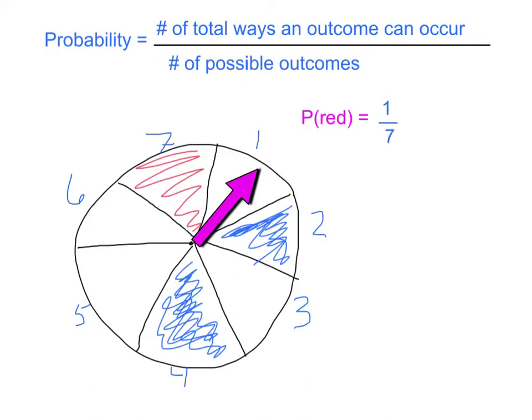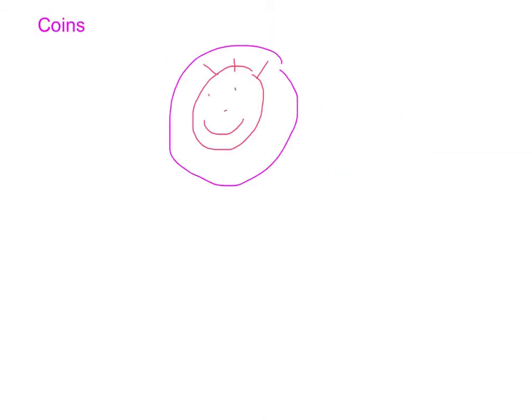Well, what's the probability of getting a yellow? Well, how many yellow colors are there? Well, there are no yellow pieces in that circle. Since there are no yellow pieces and there are 7 possible pieces there, the probability of getting a yellow is just 0 out of 7, which simplifies to 0. And again, a probability of 0 is impossible. The probability of getting yellow is impossible. It won't occur.